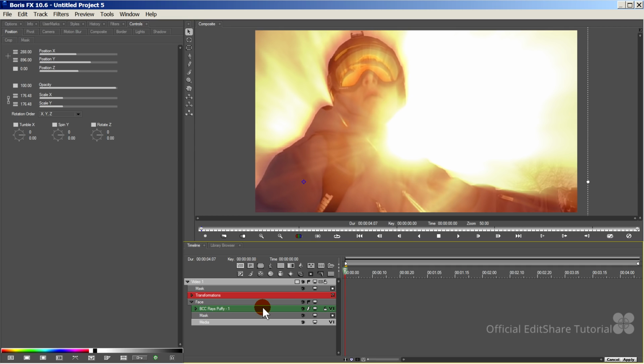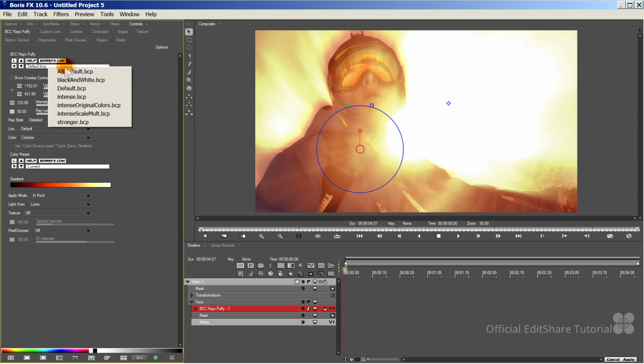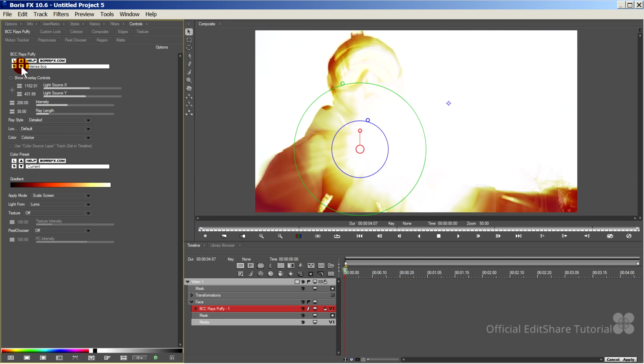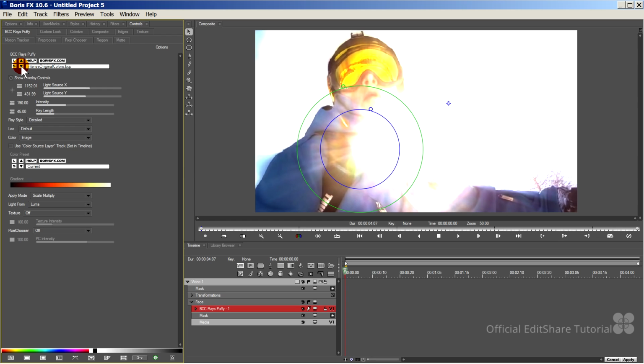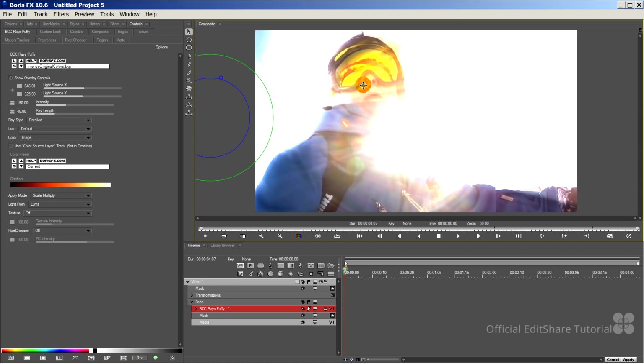So to change the parameters for the rays, select that track on your timeline. And I'm going to go straight up here, and there's a drop down menu here where you can select different types of rays. I'm just going to use the triangles to check out some different ones. I quite like that, but it's a bit burnt out. So we're going to reposition this ray by using these interactors on the composite window. If I click the centers of the rays and move that,